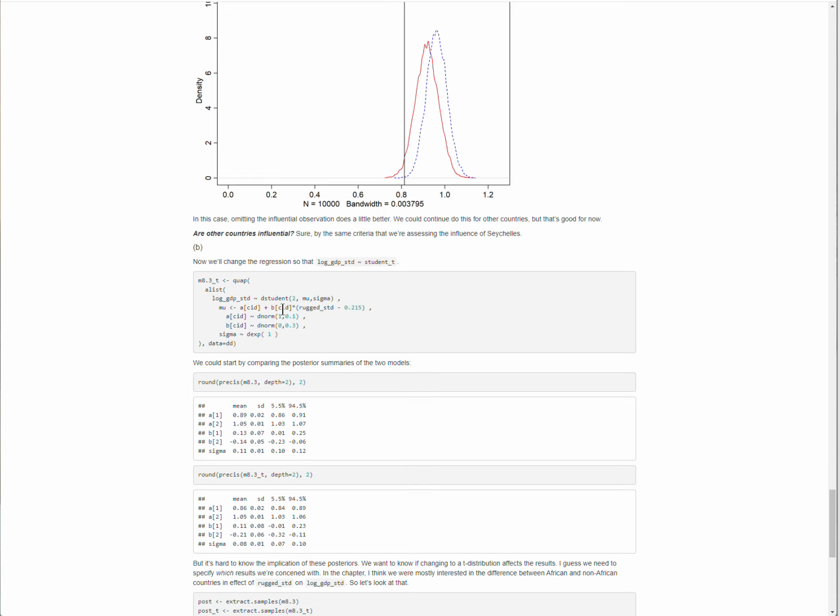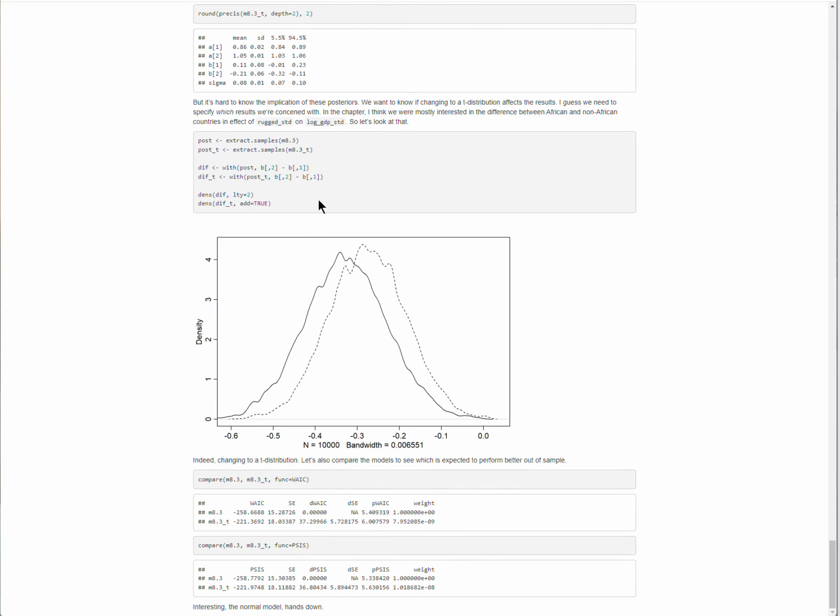We're hypothesizing that this relationship differs for countries inside versus outside of Africa, which are encoded with this CID variable. So I think that's what we'll focus on: the difference in this B parameter for countries inside and outside of Africa. The way this was encoded up top, countries outside of Africa were given an index of 2, and inside of Africa were given 1.